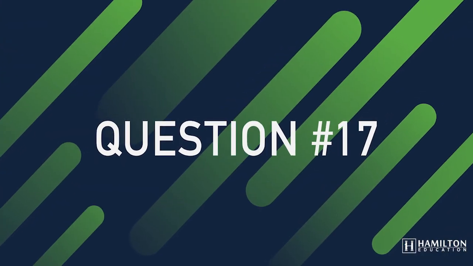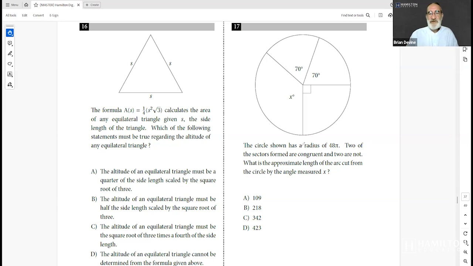Question 17. In question 17, the circle shown has a radius of 48 pi. And two of the sectors formed are congruent, 70 and 70. And this one obviously is 90 degrees. It's got the right angle thing in it. And if I look at that, this is 230 degrees. So this must be, that's supposed to be 230. This must be 130 degrees because the sum of all